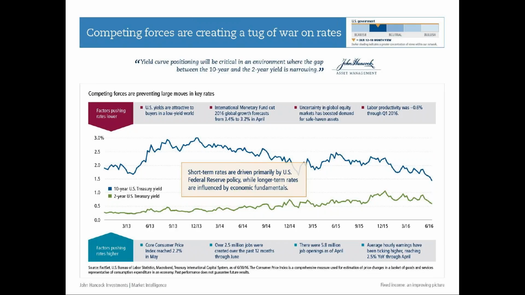As yields go down, that means that prices are going up, and vice versa. If you look at this in 2013, prices went down, yields went up. We believe that prices are going to be in a range-bound environment, and therefore yields will be as well. And we outlined some of the factors that we believe are driving this. One, we talked about it before, U.S. yields look great relative to international yields, and we think there's going to be buyers for U.S. bonds. So we just think there's a demand for that, and that's going to keep prices somewhat elevated and yields somewhat lower. There's a low growth environment, so you want to own bonds in a low growth environment.